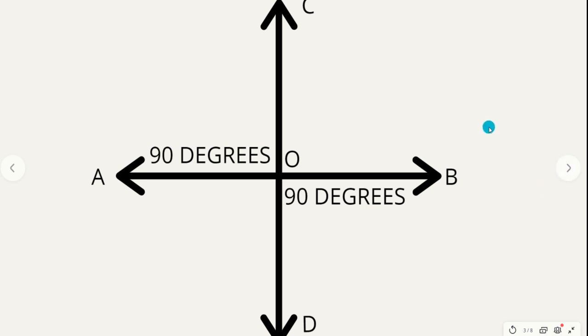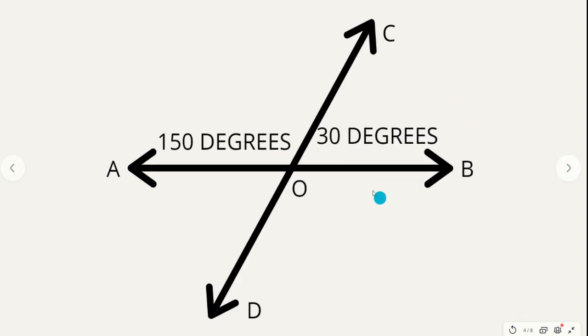Now, not all vertically opposite angles are always 90 degrees. So I did this here. Suppose the CD line is rotated a little bit on the midpoint, which is O. Since CD is the same line and it is being rotated on the midpoint, which is O,